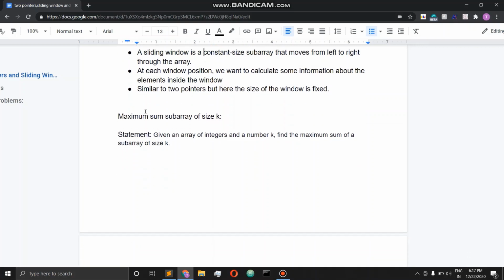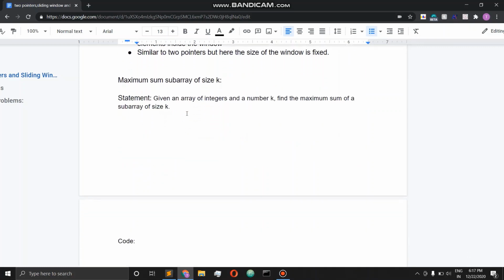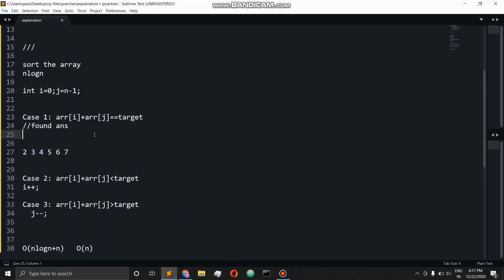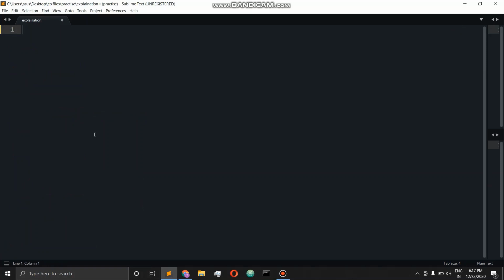So I have this question. This is also a very famous question, maximum sum subarray. Given an array of integers and a number k, we have to find the maximum sum of any subarray of size k. Subarray means consecutive elements. Okay, so let's check first what the brute force solution of this will be.